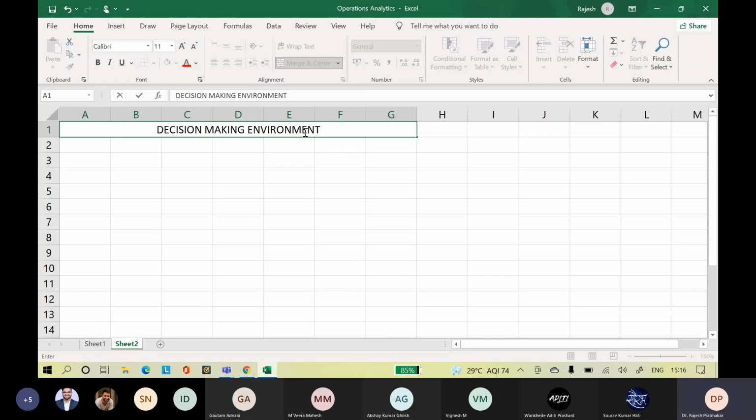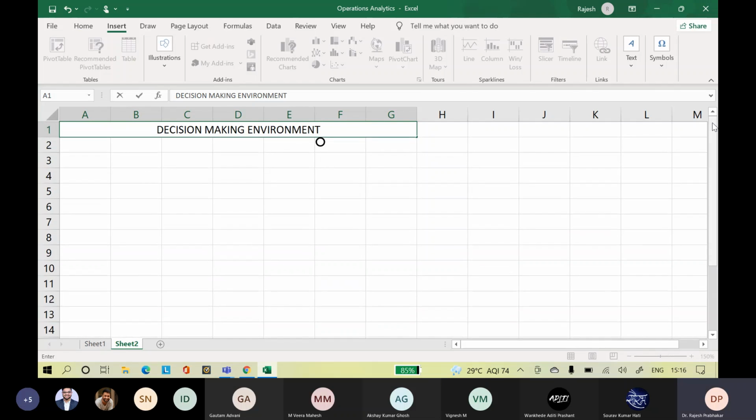And based on the decision-making environment, we will be looking at the various factors or variables that will be in the context of this decision-making scenario.